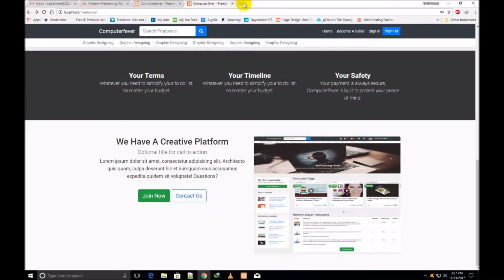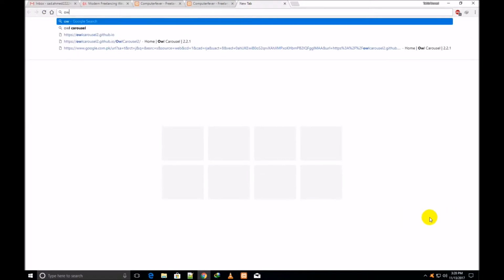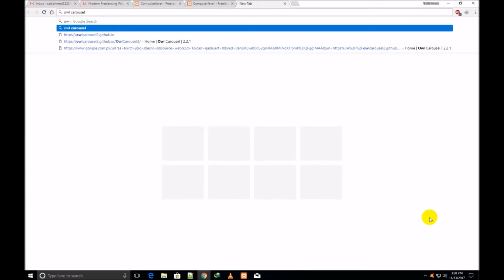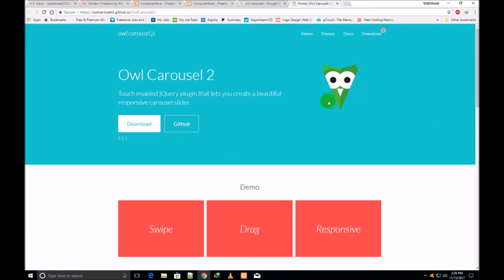So first of all, I click over new tab and I write here all carousel. This is the first link, home all carousel. So I open it in new tab to avoid any confusion. So this is the all face picture is showing. So I will click over download